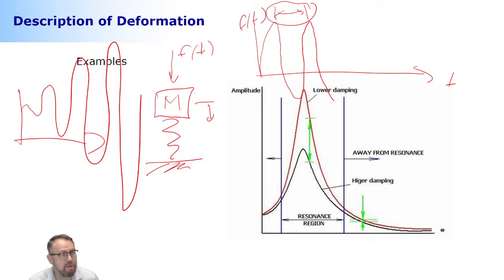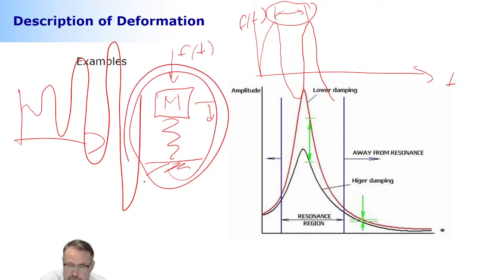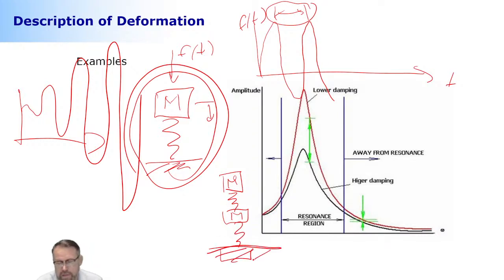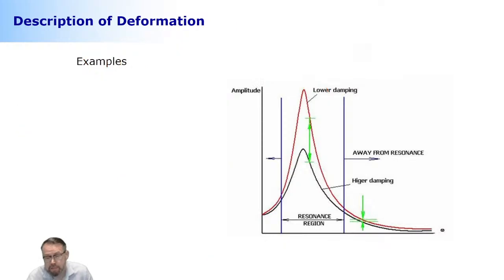And this is because of the resonance condition. Now, the system that I'm describing here consists of one mass, one spring. So this is a 1 degree of freedom. If you have two masses, two springs, and then this is connected to ground, this can have two resonance conditions. These two resonance conditions are different. And again, you can make it vibrate in this way by just testing how it is loaded. So that's what it is.